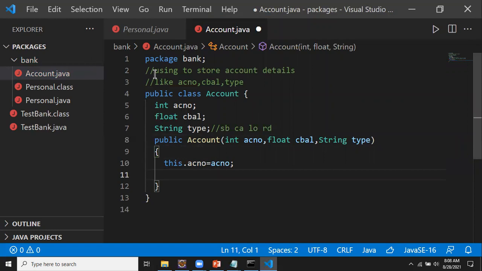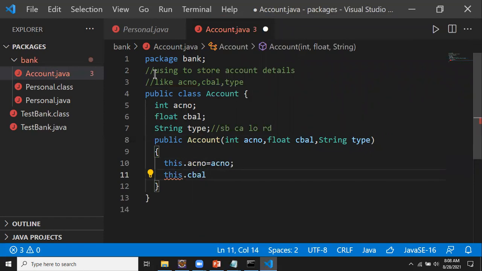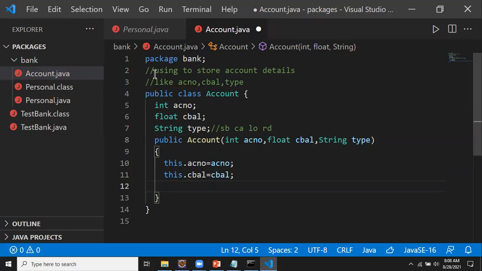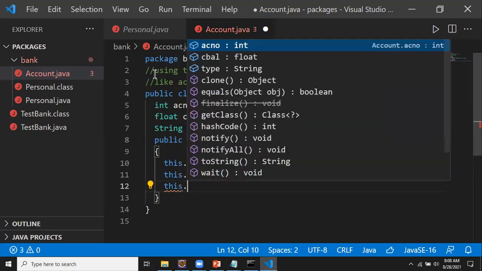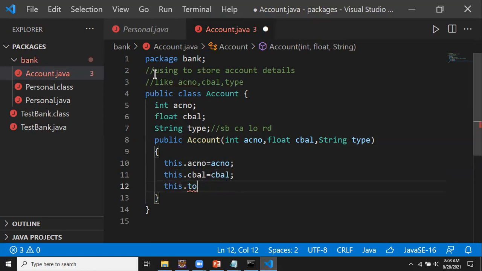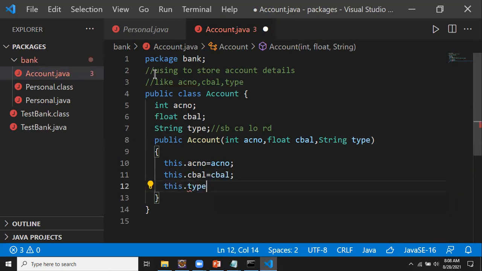I'll be writing this.CBAL is equal to CBAL. Then I want to assign the type there, so I'm writing this.type is equal to type.